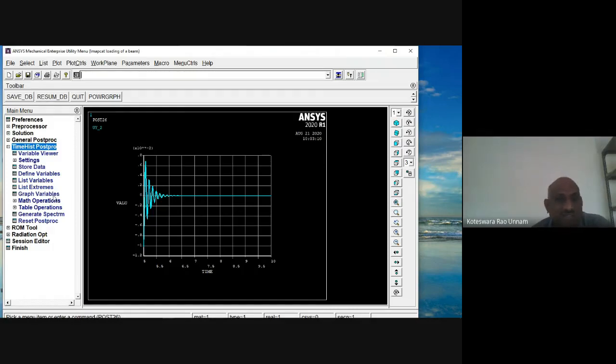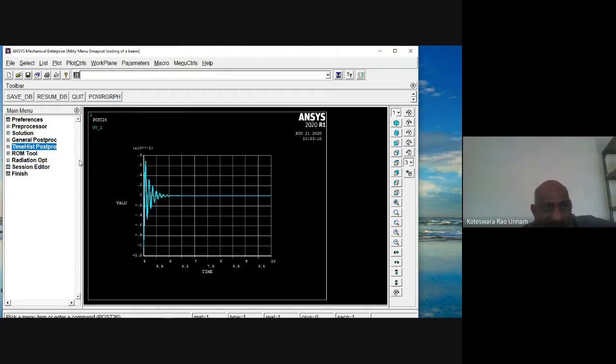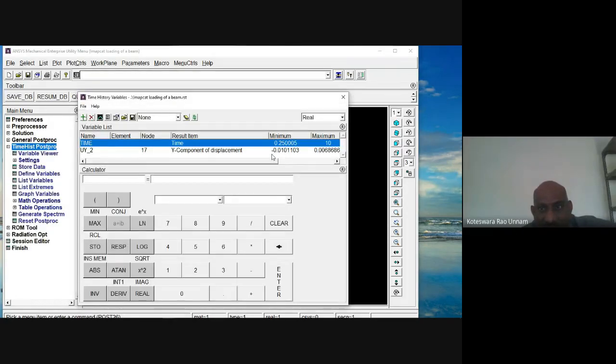Okay. So only thing is we have done the harmonic analysis, not harmonic analysis, it is a transient analysis only, that too when a beam is subjected to impact loading. If you consider damping or without damping, what is the response? We have seen those things. So you need to plot those two curves. That is the only thing. From this you can see what is the maximum amplitude, and if you want, you can plot the phase angle also. That phase angle you will also get from this time history post processor only. Here it is already there.